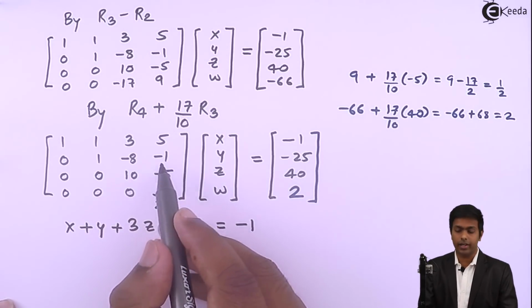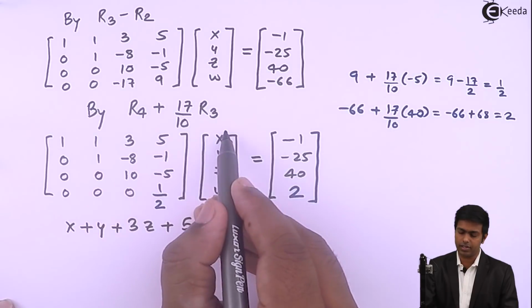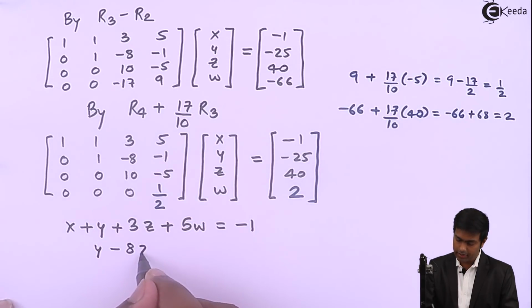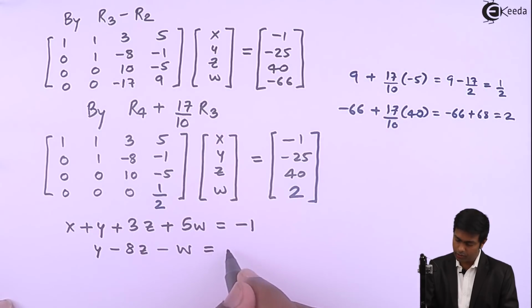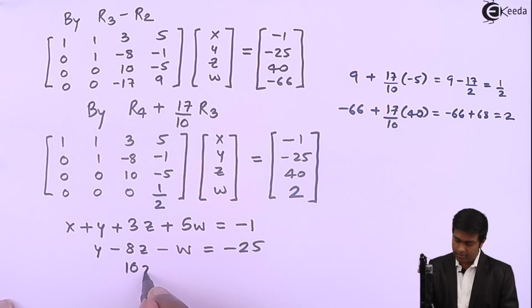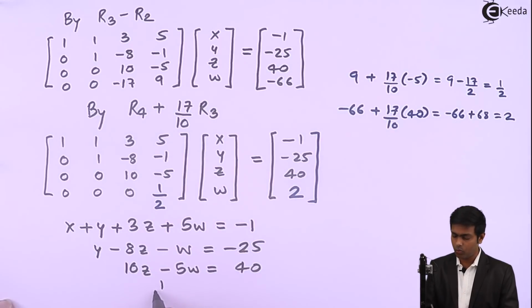From second row we will get 1 into y, because coefficient of x is 0. So 1 into y is y, minus 8z minus w is equal to minus 25. Next 10z minus 5w is equal to 40, and the last equation is 1 by 2 w is equal to